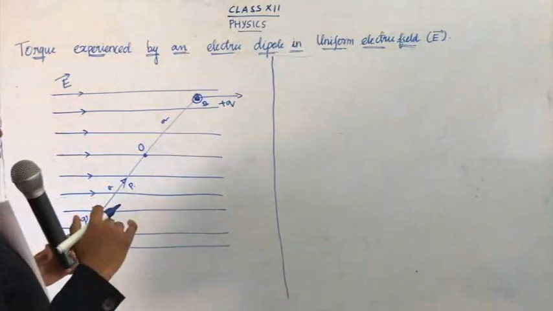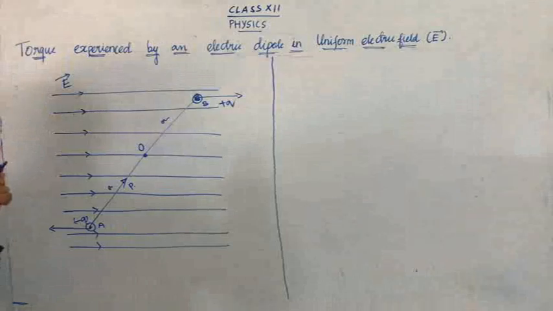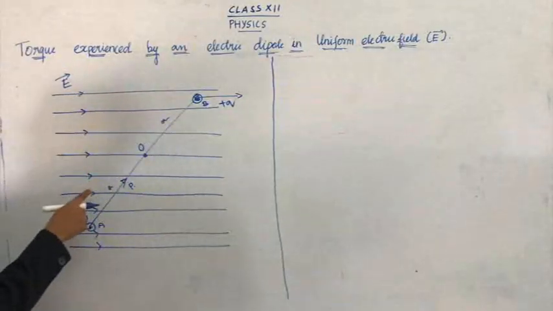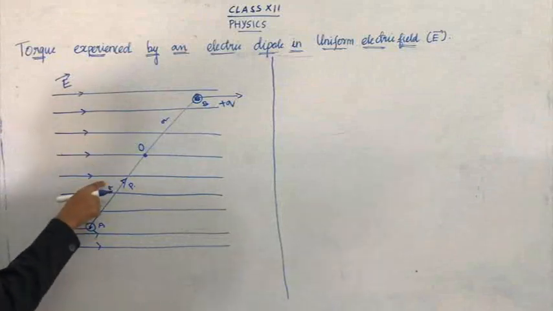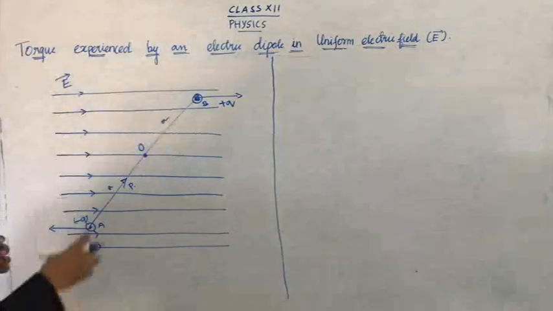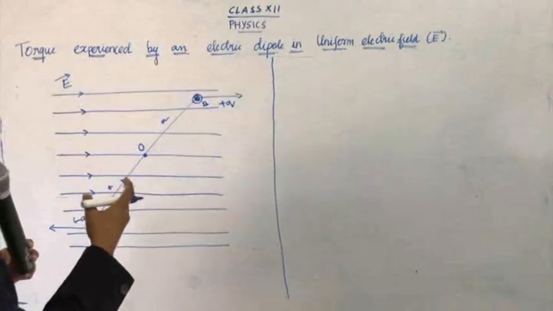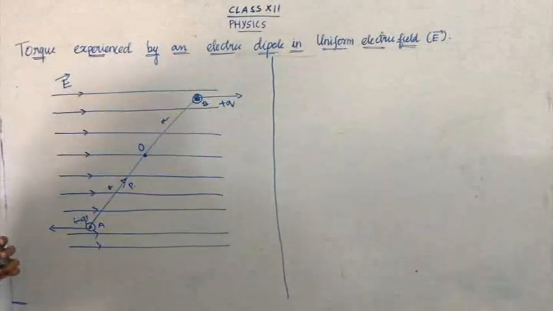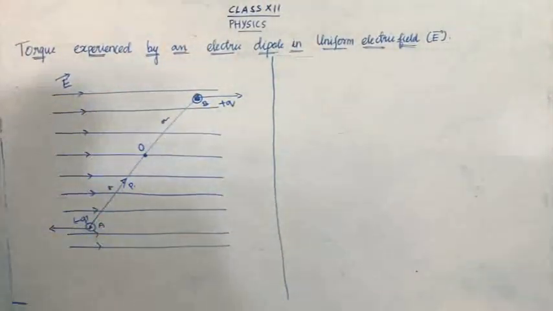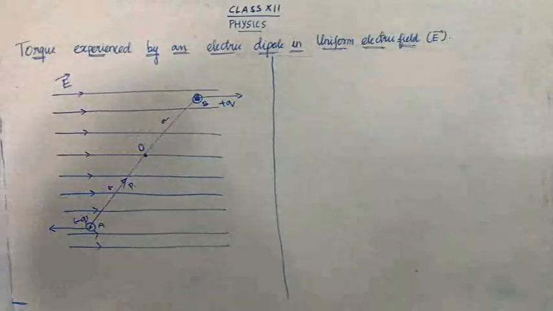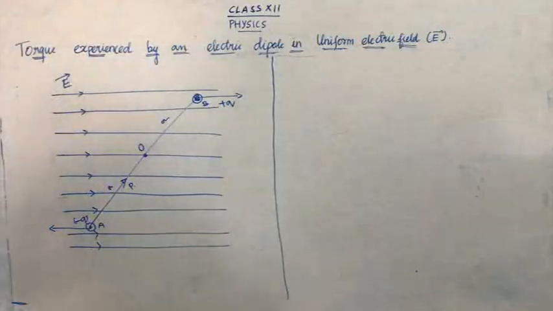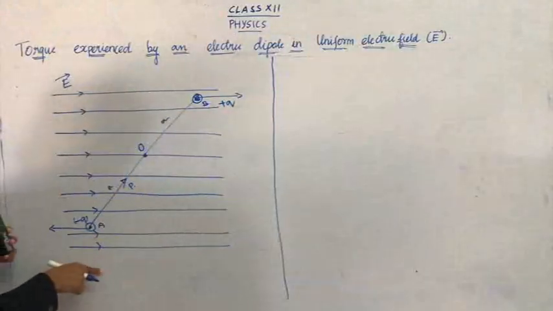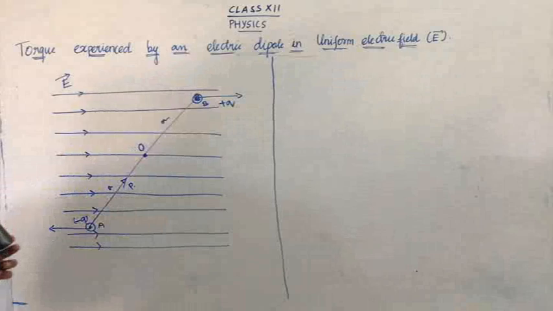In previous classes we have seen only one electric field. See here in this picture there are many electric field lines: 1, 2, 3, 4, 5, 6, 7, 8. There are 8 electric lines, but this is for an infinite electric field. I have only placed 8 lines for your better understanding. See here, there is a uniform electric field. This electric field, from the top to bottom, is equal everywhere.